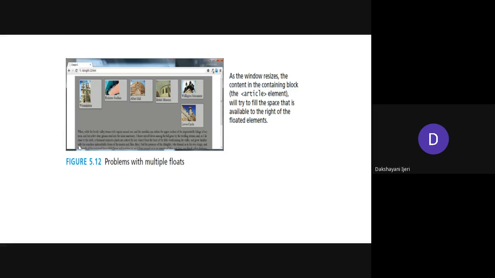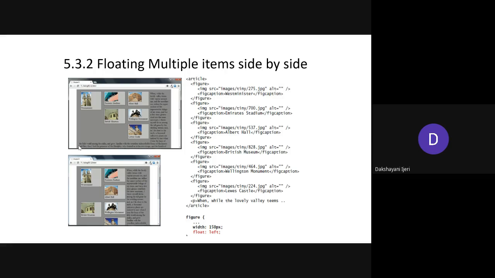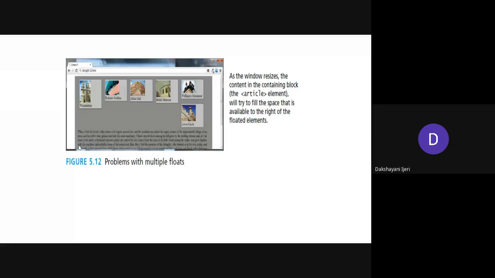Okay, so the problem that may arise is if you use multiple floats. How it has to appear purely depends upon the size of the screen supported by the browser, right? In some cases, the browser may resize, or the scale of the screen considered by the browsers may be different. In such cases, as in this example, all the images cover the entire screen. So whatever content has to flow around these images is going to appear as a default behavior over here, right?